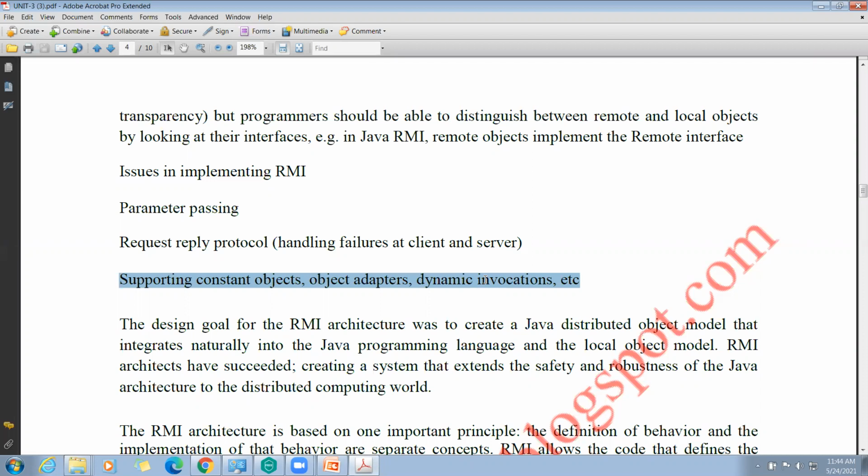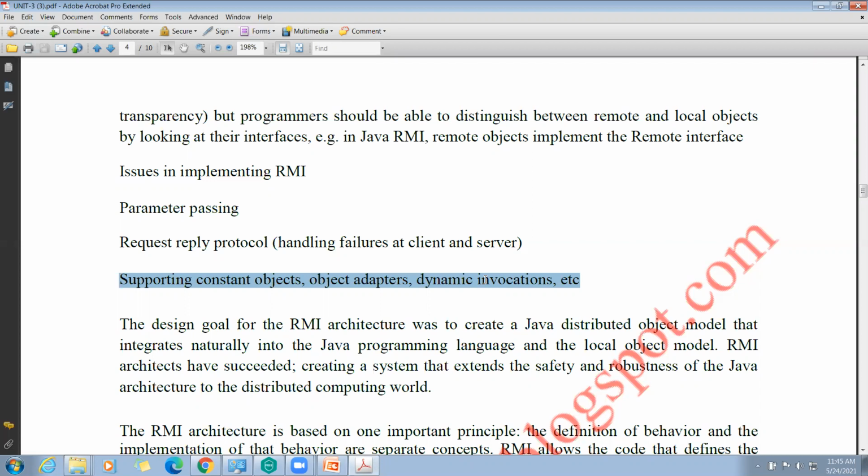This dynamic invocation interface is used at compile time when the client does not have knowledge about the object it wants to invoke. As I said before, the example of the client machine and server machine. Just note it down, students.